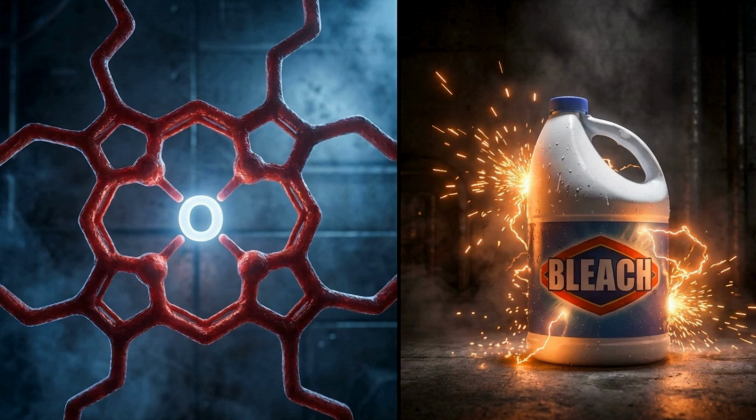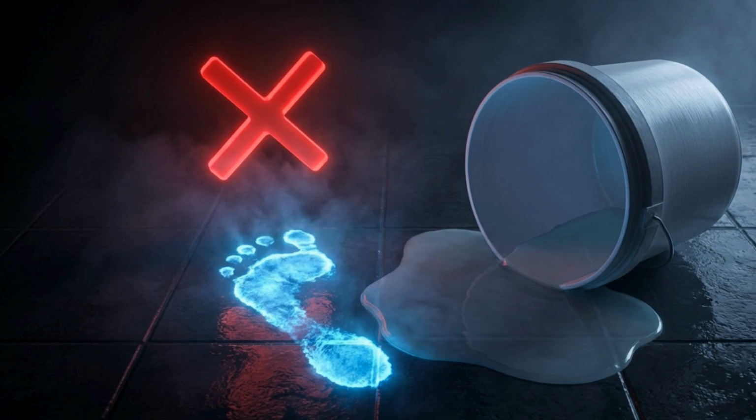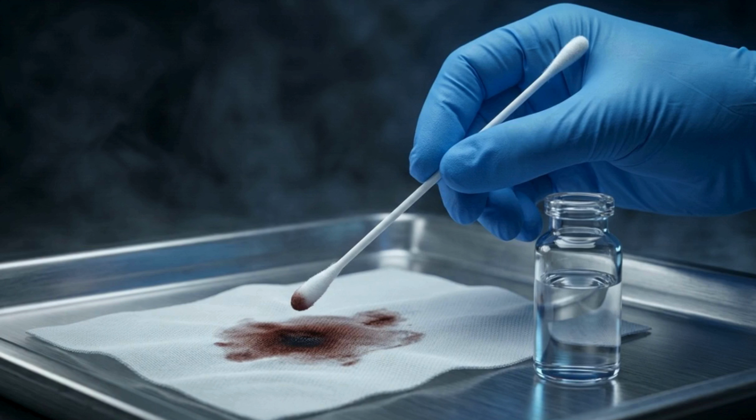Common household cleaners, especially bleach, are highly reactive oxidants. They can hijack this exact same chemical reaction and cause the floor to light up, even if no blood is present at all. To run a more targeted check on a specific stain, investigators use colorimetric field tests, like the